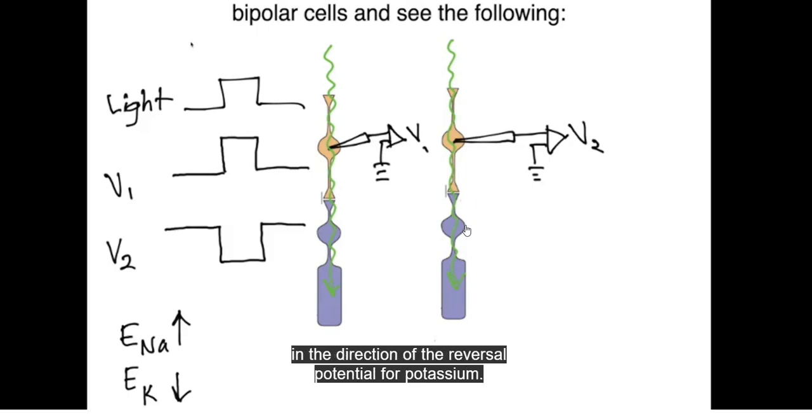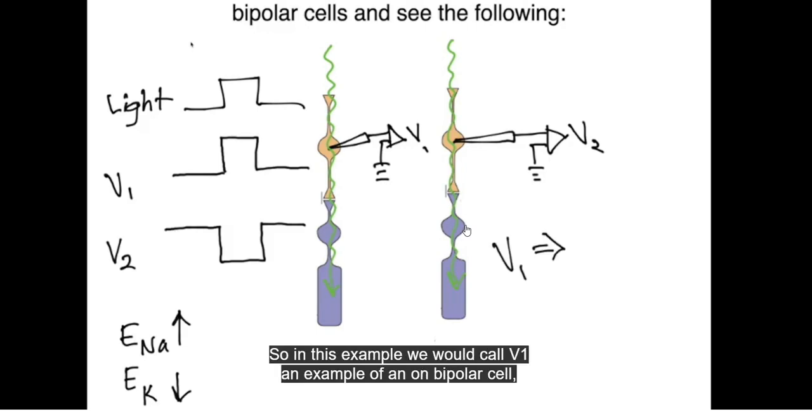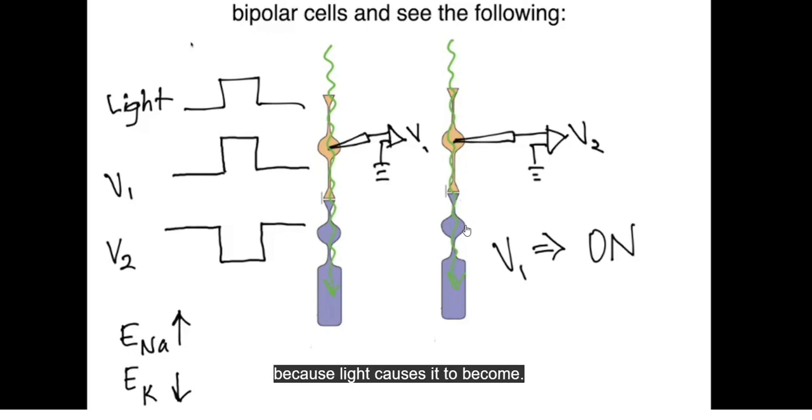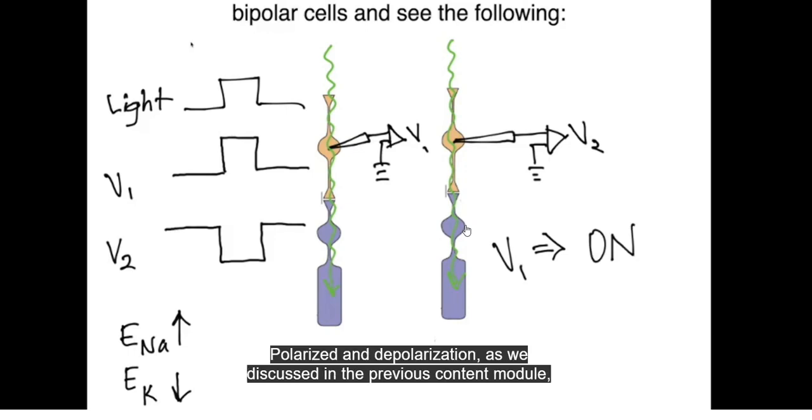So V1, the cell on the left, becomes less polarized when a photon is absorbed by the rod that is connected to it, and the membrane potential of V2 becomes more polarized. So in this example, we would call V1 an example of an on bipolar cell, because light causes it to become depolarized, and depolarization, as we discussed in the previous content module, means that it will be releasing more glutamate from its own synaptic terminals, and so we say that it is activated or turned on by the presence of